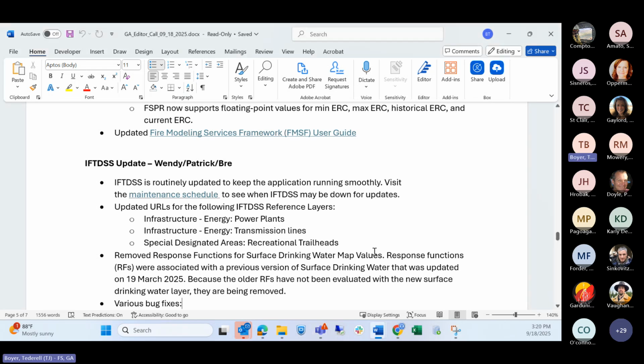So here in the agenda, folks have in their inbox the link, and you can head over to the IFTDIS site there. They have their maintenance schedule, so you can check out when the application is down, any of the updates or some of the patchwork that they have to get done there. Recent work that they've done,